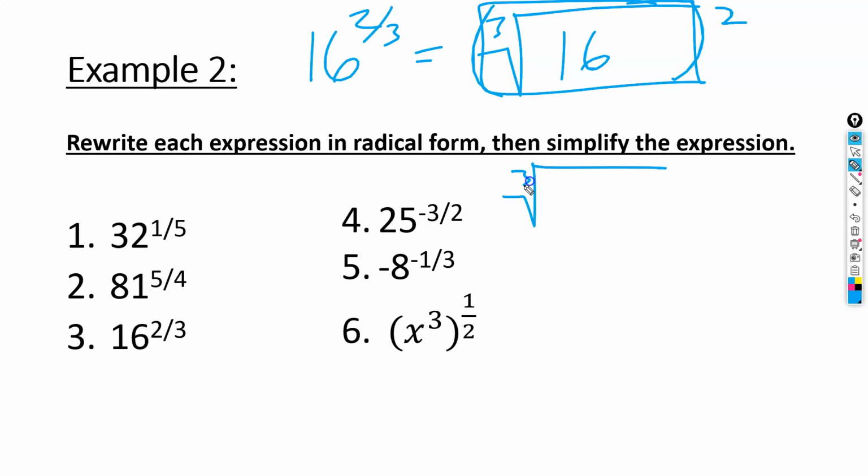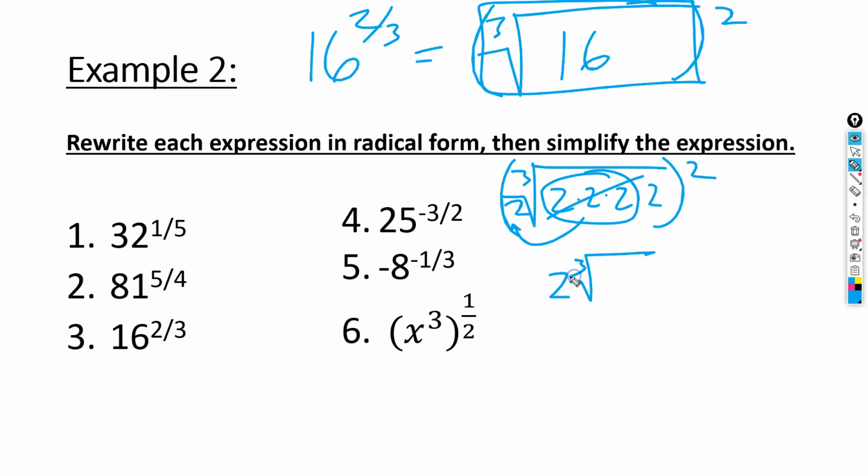Now, this one's not a perfect square root. So I guess I lied. I'm not only going to give you some perfect roots. Oh, well. Anyway, what's the 3rd root of this? Well, we have 4 2's, so for this group of 3, I can take a 2 out, right? So there's that. Get rid of the group. And so now I'm left with 2, 3rd root of 2. And